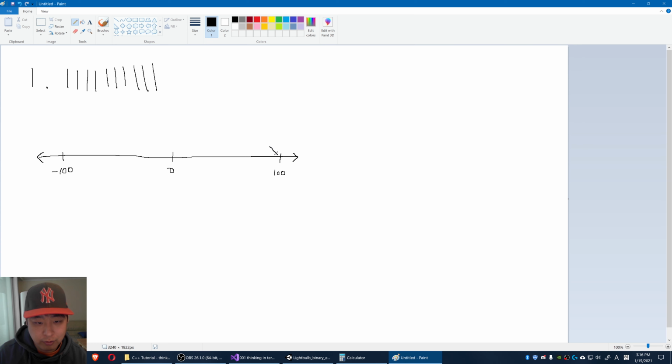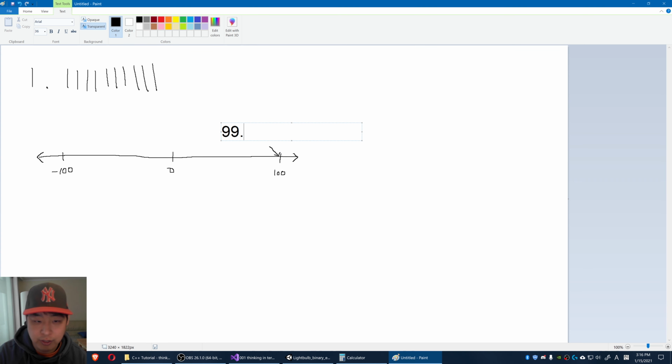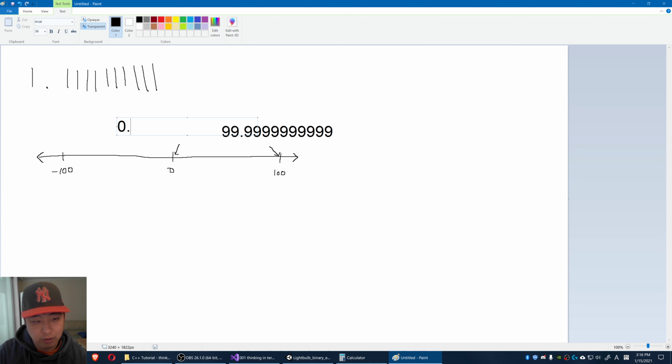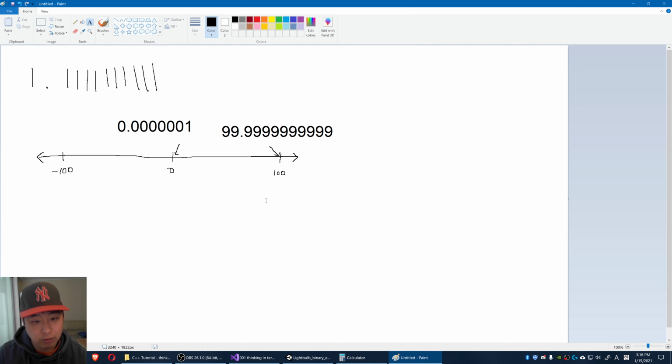For example, if you pick really close to 100, you're going to get something like 99.999999999. Or you can pick something really close to 0. You can pick 0.000001. A 0 or 100, negative 100 would be integers. A 0.000001 is a real number.